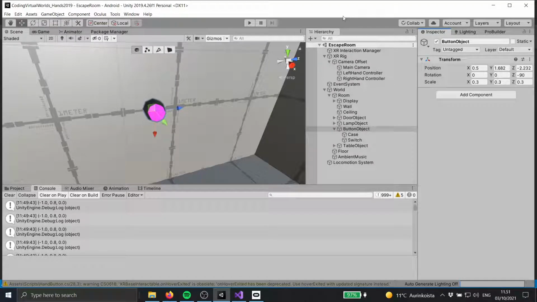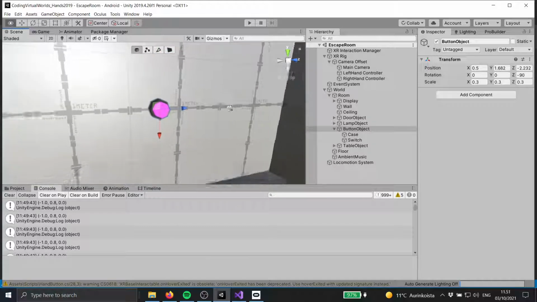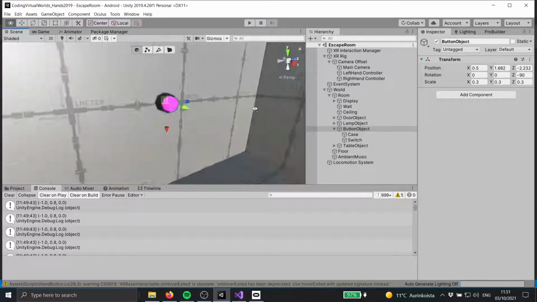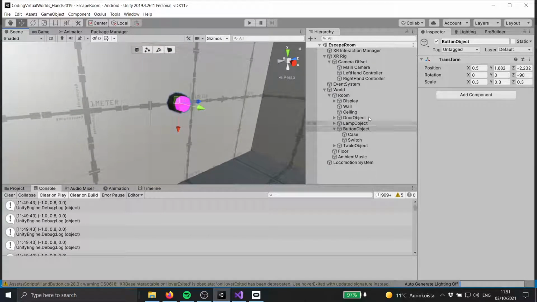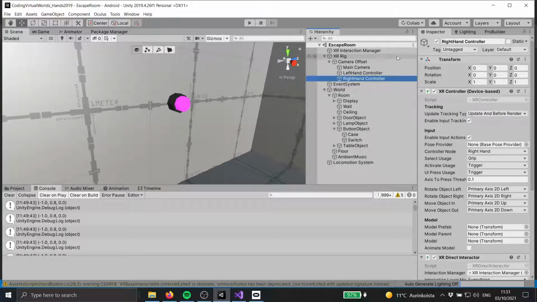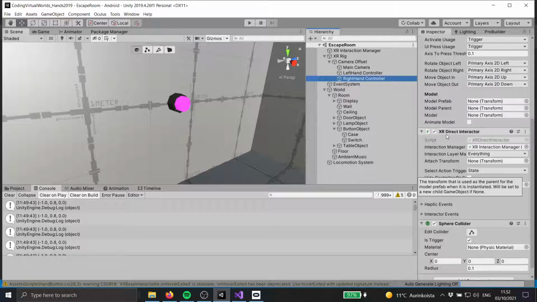Okay, let's work on the button. I made this a little smaller. It's still placed here on the wall. So there are a few things we need to change. One thing is that we need to have a direct interactor. It works with the ray interactor somehow, but with the direct interactor, I think it's much